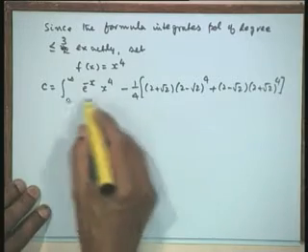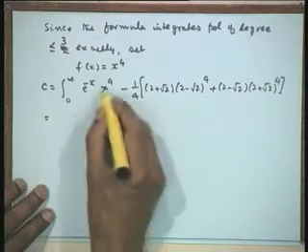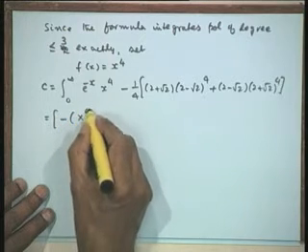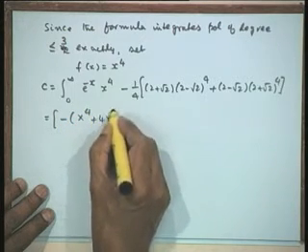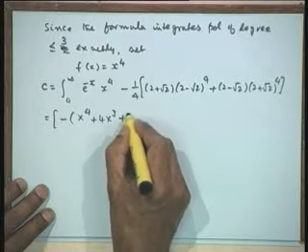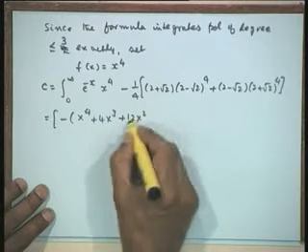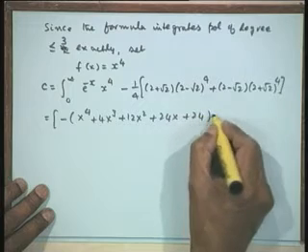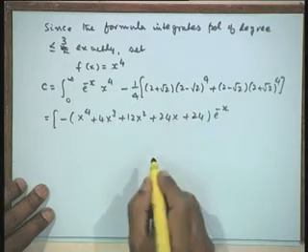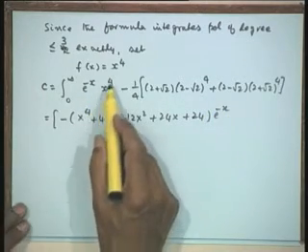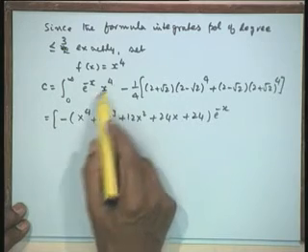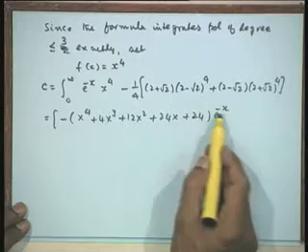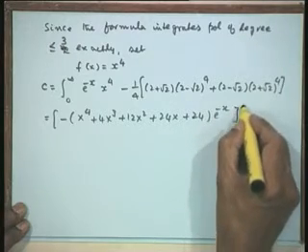Now, you can integrate this. I will give you the value of this. If you just integrate it, this is what you get: minus x to the power of 4, then 4 x cubed, then 12 x squared, then 24 x, then 24, times e to the power of minus x. That is because you are integrating by parts. So the first integral is minus x to the power of 4, then 4 into x cubed, this is 12 x squared, 24 x, 24, and this is evaluated between 0 to infinity.